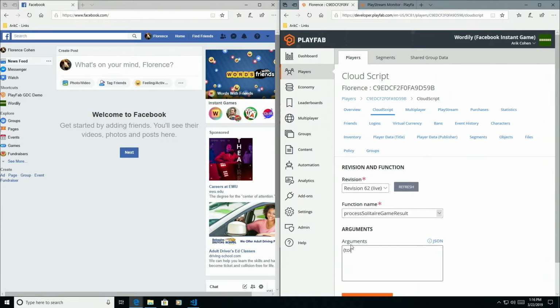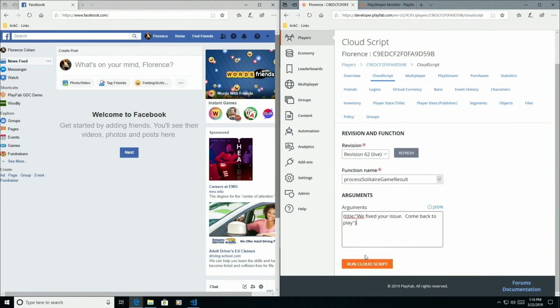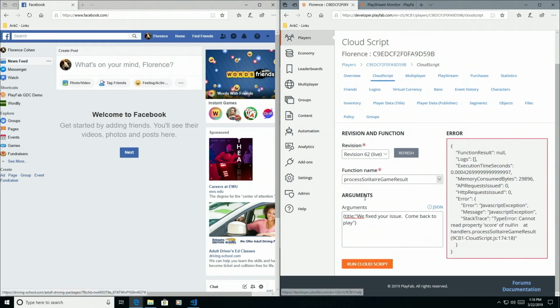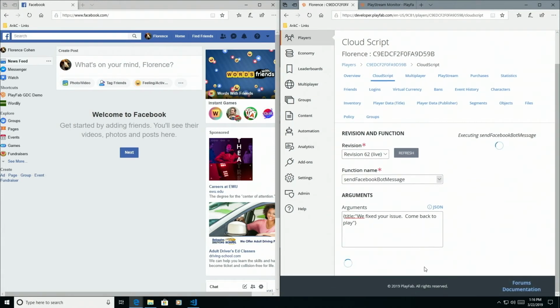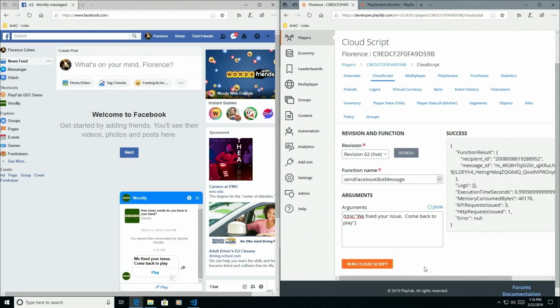that says, title, we fixed your issue. Come back to play. And I'm going to send that cloud script, and I'm going to send Facebook get bot message. I'm going to run that cloud script, and boom, I immediately get a notification in Facebook in my messenger window